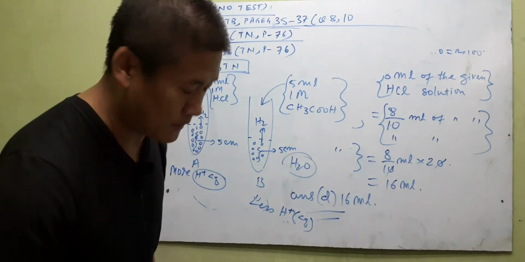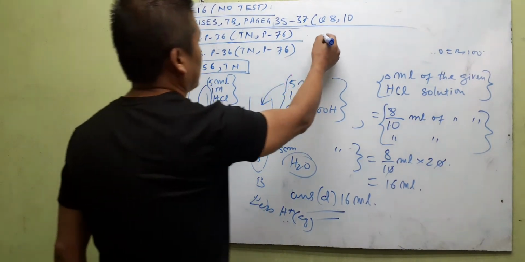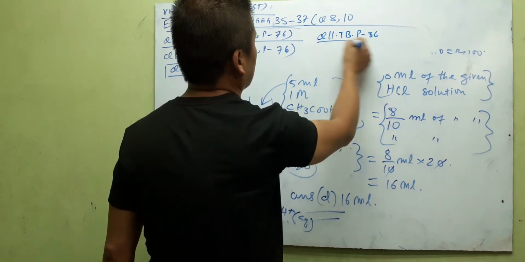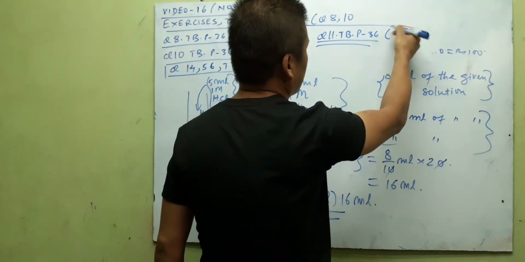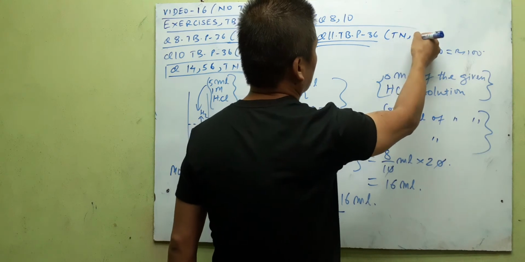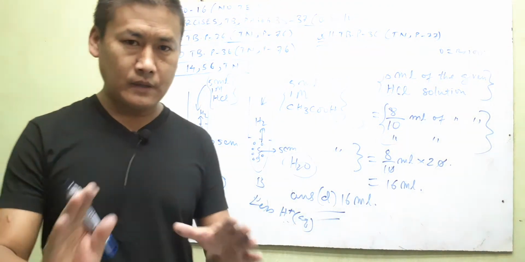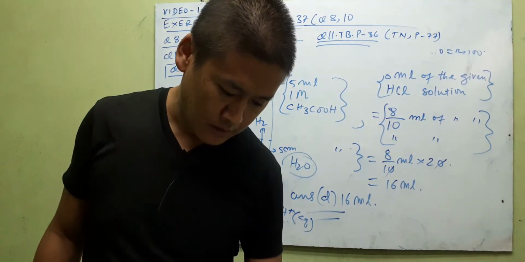Tuition note, page 47. So question number 11, near that question in the textbook, page 36. No need to write this. Go to your textbook and write near that question, tuition note, page 77. No need to explain anything. We have done this in the previous video. Exact question. Okay, then